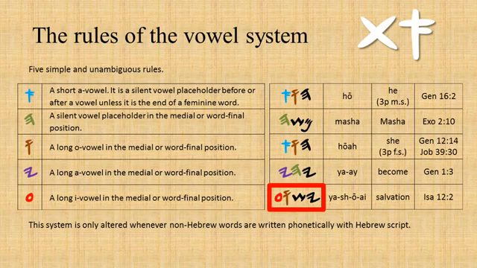Granted, we do not have audio recordings of ancient Hebrew being spoken, so how can we be sure that the vowel assignment in this chart is accurate? Insights are gained by looking at how ancient Hebrew was transcribed in Egyptian and Akkadian. The ancient nations heard our forefathers speak Hebrew and they recorded some of the words that they heard. So the vowel assignment shown in this chart is based on this evidence. God's proper name was also recorded phonetically in Egyptian and Akkadian, and we'll be looking at these carefully as well.